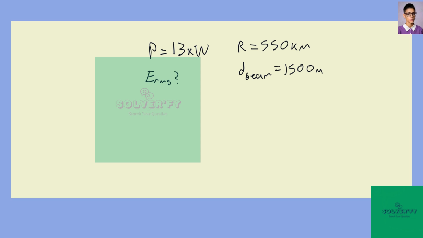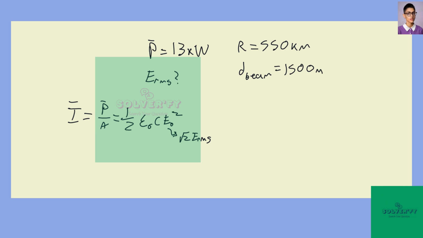So to get the RMS electric field strength, we can first calculate the average intensity, which is defined as the average power over area. And there is a relationship using equation 22-8 that directly relates it to the electric field. However, we want the RMS field strength, so we're going to replace E naught with square root 2 times E_RMS,